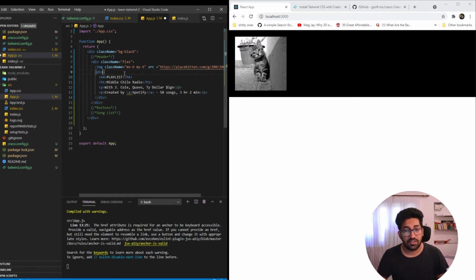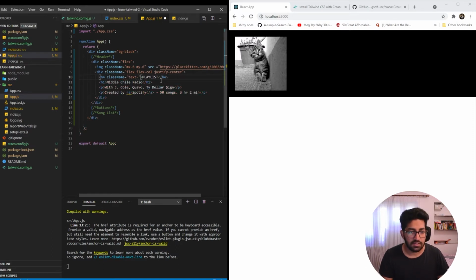So this text will not show because it has black color, and we need something gray or white over here. Before that, I'll just add a few classes to this. Let's add flex-col, because we want to show them in a column way, and justify-center. Next we'll add classes to this place so that we can add colors.